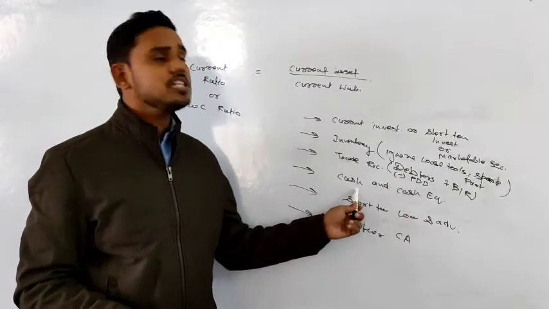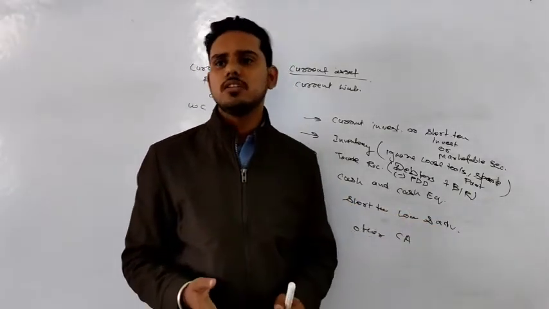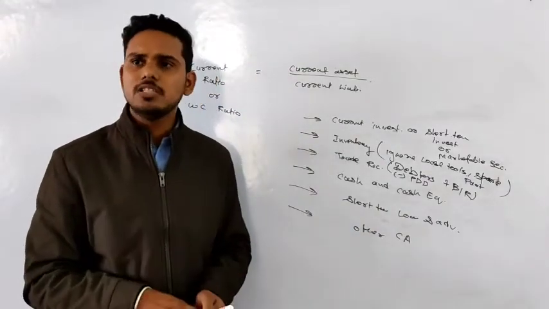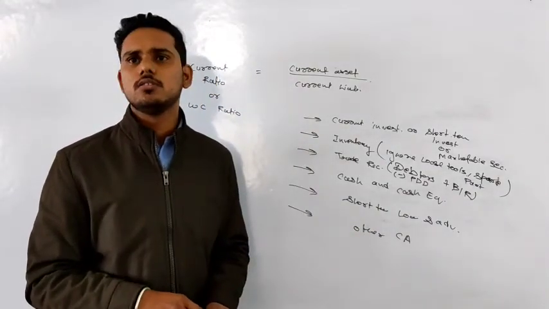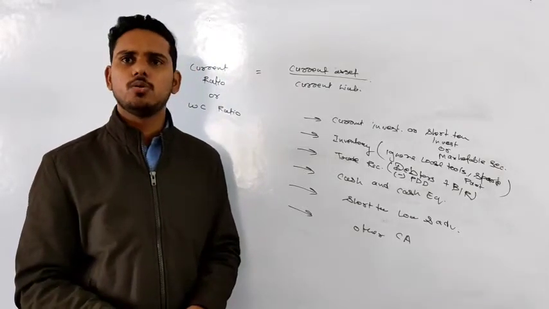Okay, then we have cash and cash equivalent. Cash means you are knowing, cash equivalent means anything which is equivalent to cash, like bank balance, check and other things. So only cash will be given or bank will be given, check etc. Other things will not be given to you, right?